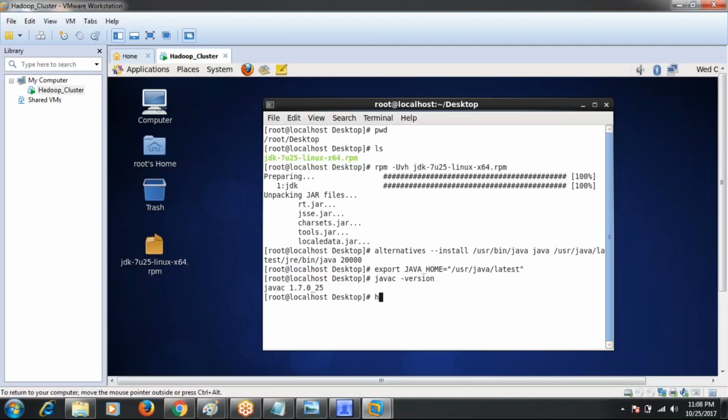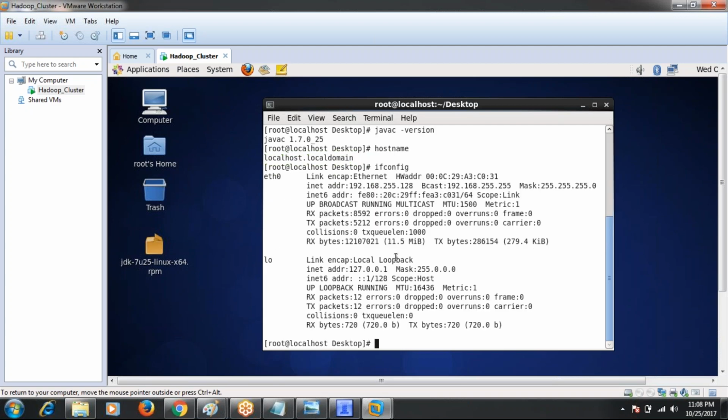You can use the hostname command to know the cluster host name. The host name is localhost.localdomain. If you want to see the IP address of your machine in Linux, you can use the command ifconfig. Then it will show the IP address. What is the IP address?